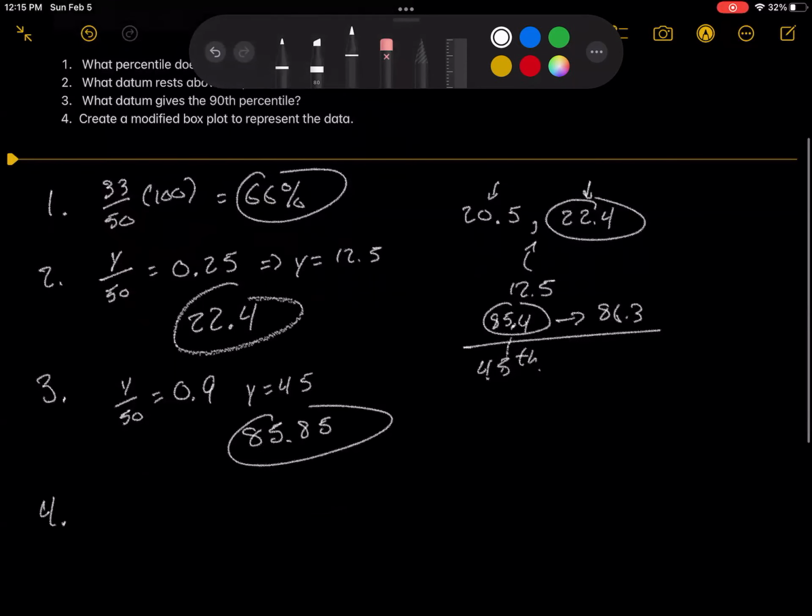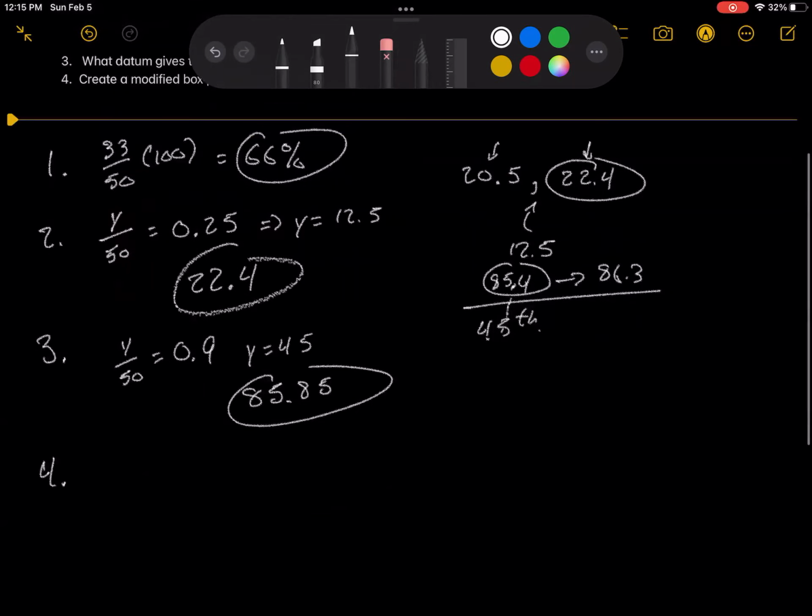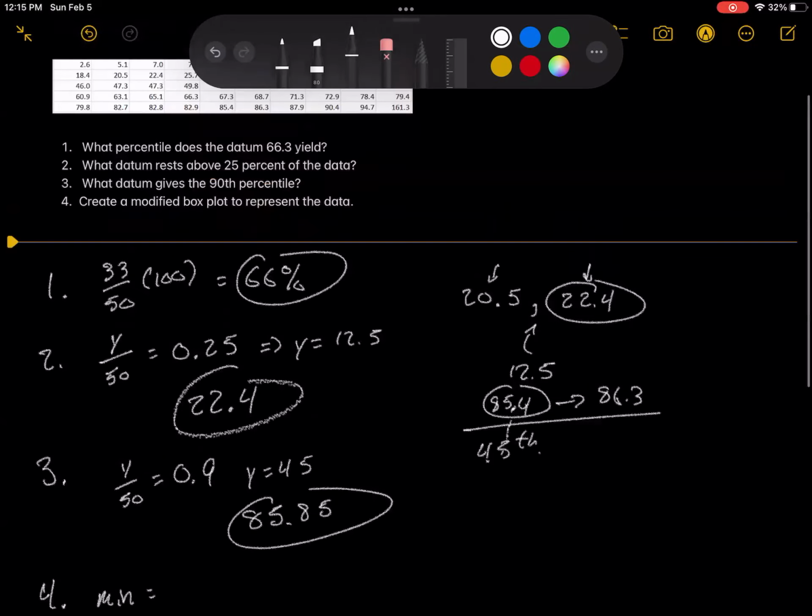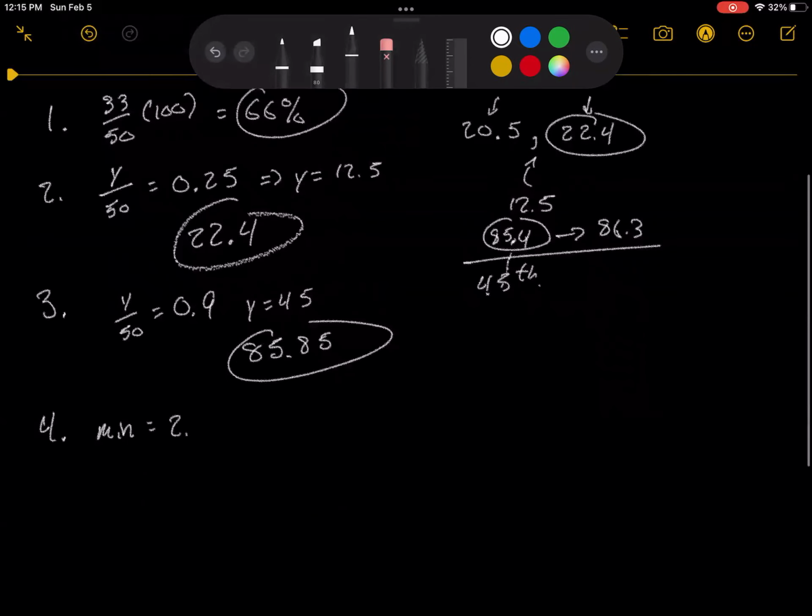Finally, number 4, create a modified box plot to represent the data. So the box plot is composed of the minimum, the maximum, and the 3 quartiles that are in the middle of our data, Q1, Q2, and Q3. So our minimum is immediately observable. That's our smallest data point, 2.6. Our maximum is also easily observable from the table,